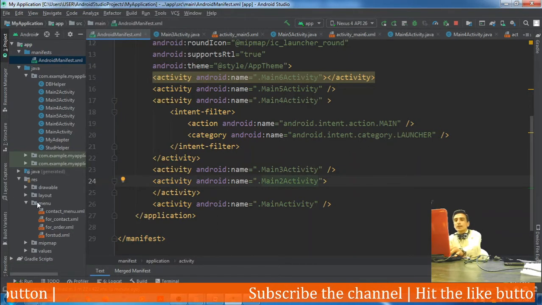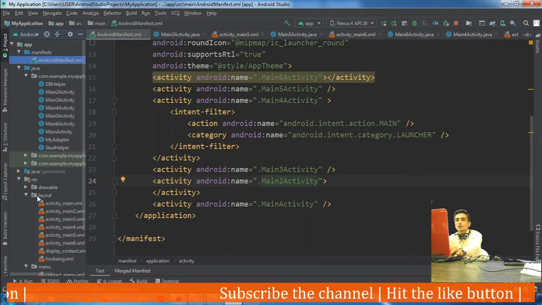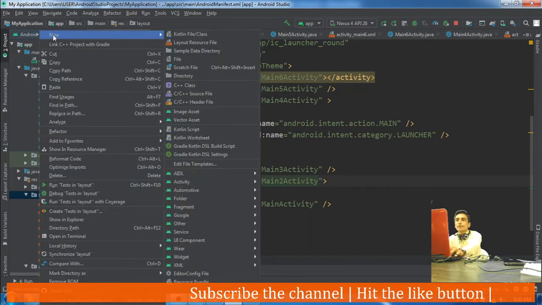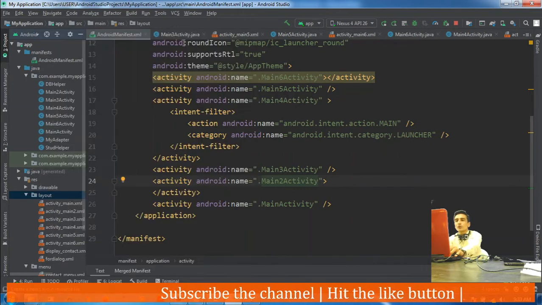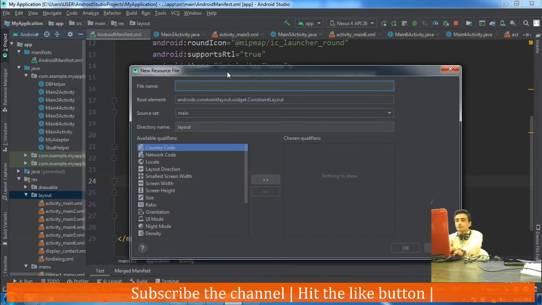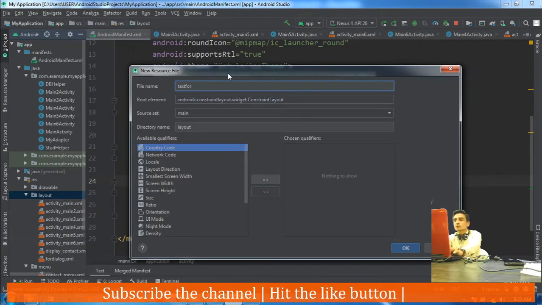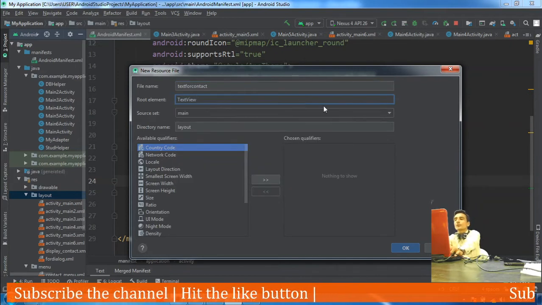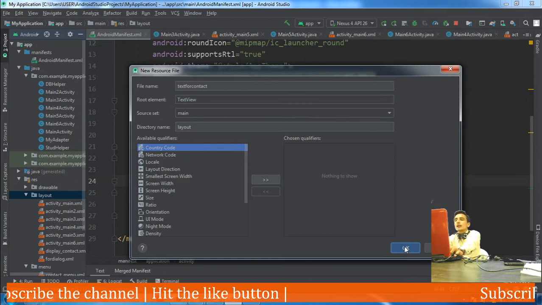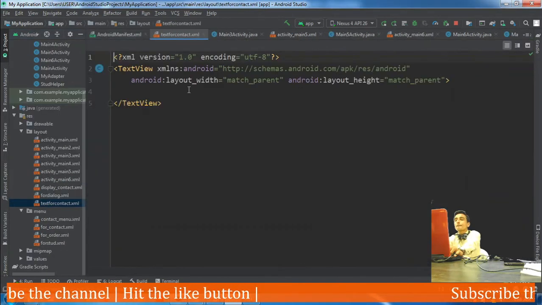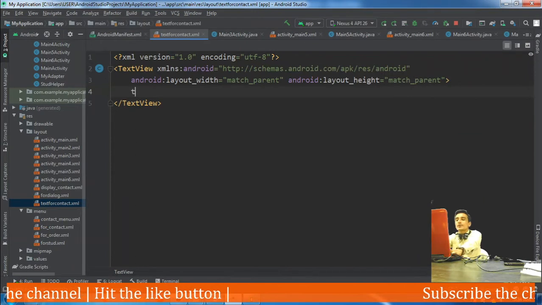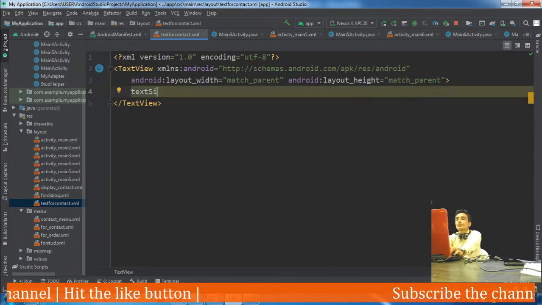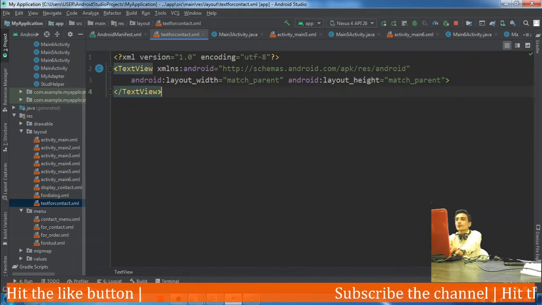So let's do one thing here in our layout. Okay, right click and define a layout resource file, text for contact. Okay, and here the root element we should give is a TextView.